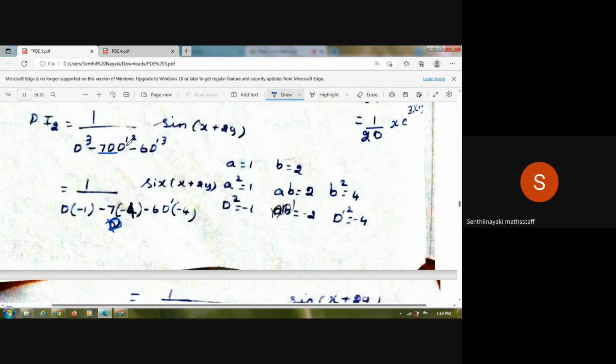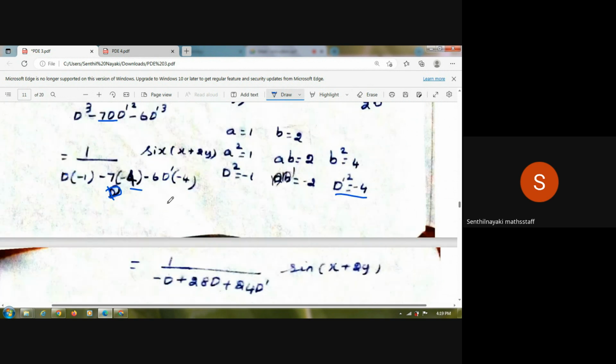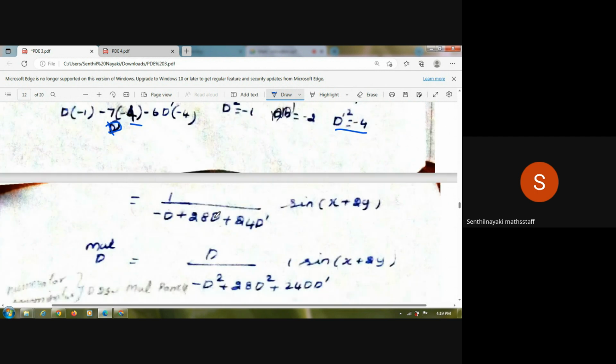Next we have to replace the d dash square by minus 4 here. Next 6 into d dash, then d dash square is again replaced by minus 4. So we get minus d plus 7 4s are 28, plus 28d minus 6 minus 4. So 6 4s are 24, plus 6 24 into d dash. So 28d minus d, that is 27d